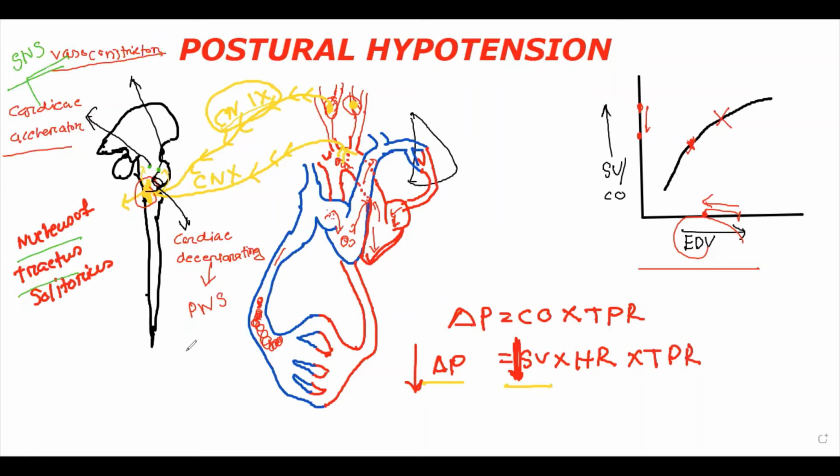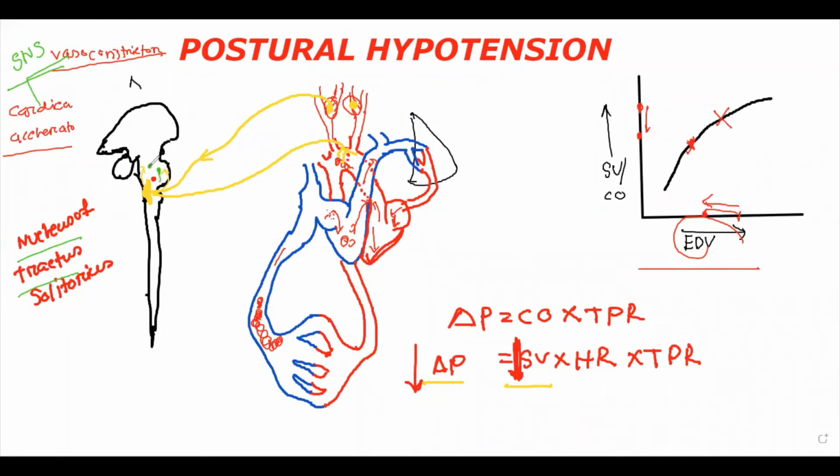Now we will see what the effects are of activating the sympathetic nervous system in this patient who is suffering from postural hypotension. These two centers will give a branch off to a polysynaptic pathway to the sympathetic nucleus that is present in our lateral horn, and from here the neurons activated by our cardiac accelerating center will go to our heart, and they will activate the SA node that is present here, and this will activate our AV node that is present here, and these nerves will diffusely activate the whole myocardium.